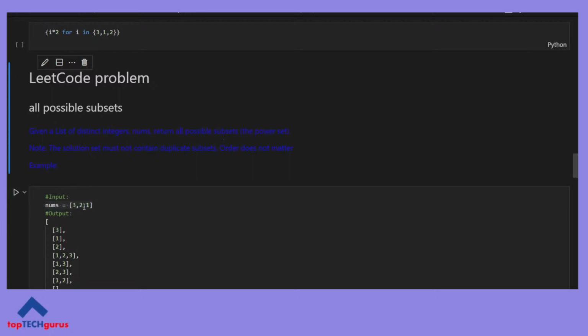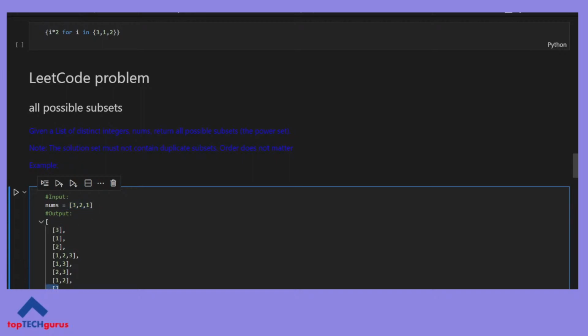If you know what a subset is, it could be anything from the empty set to the full length. It could be a combination of just one of these, or a combination of 2 of these, or 3 of these. If it has 4, then it could be empty, all the variations of each one of them separately, each 2 of them combined with each other, then 3 of them combined with each other, and all 4 together. That would be 1. So in this example, because there are just 3,